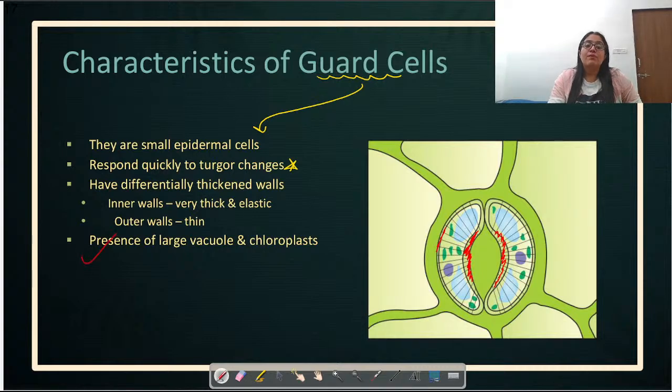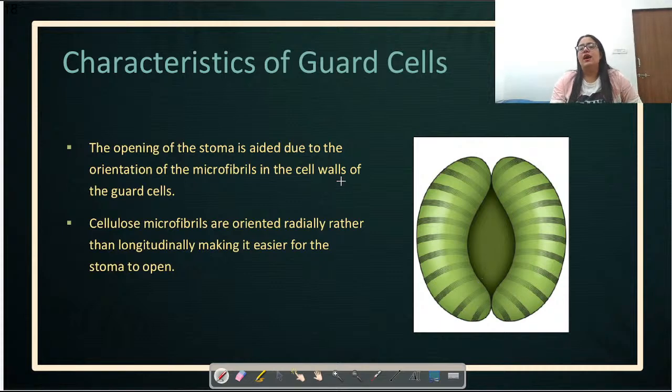Next, there is a presence of large vacuoles and chloroplasts. Yes, my dear students, you can see that in guard cells you can find vacuoles as well as chloroplasts. That means the guard cells can do photosynthesis as well. Next, yeah, I was talking to you about that, right? So see, students,